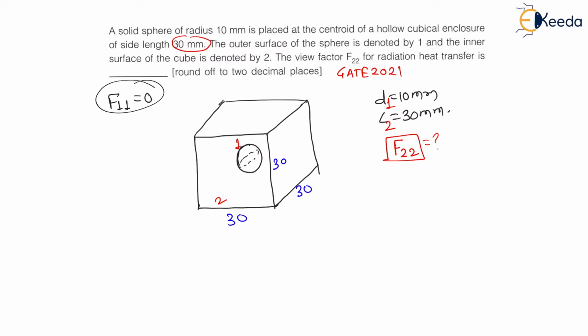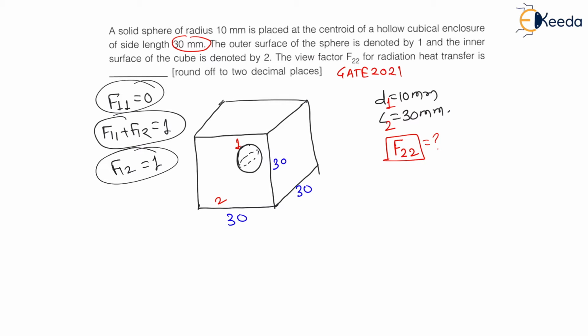The shape factor of the sphere with respect to itself will be equal to 0. And we have the addition law of shape factor, that is F11 plus F12 is equal to 1. That is, the summation of all shape factors with respect to surrounding bodies is equal to 1. For this sphere, the surrounding body is only the cube, and therefore the shape factor of the sphere with respect to itself plus the shape factor of the sphere with respect to the cube is equal to 1. But as for a spherical surface, the heat will not come back on the sphere again. Therefore, F11 is 0, and we can say F12 is equal to 1.